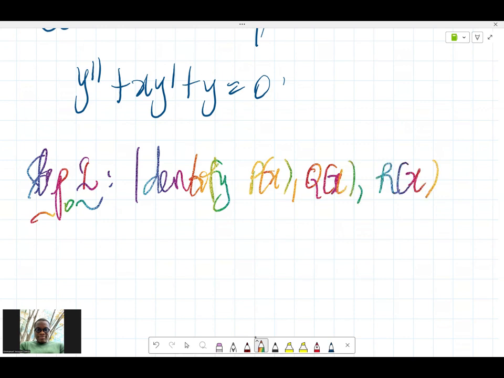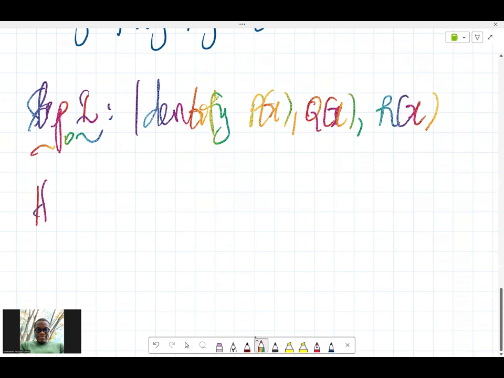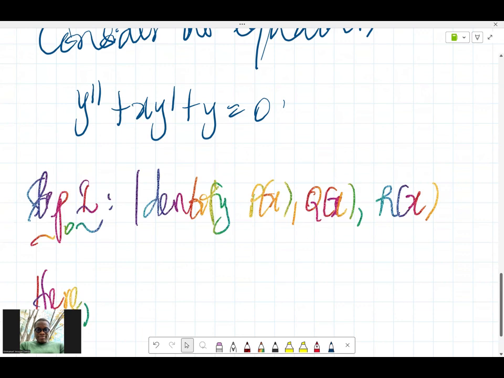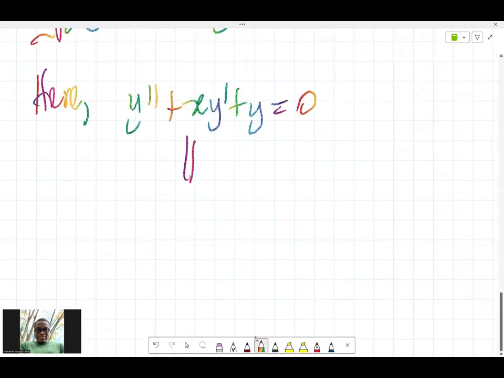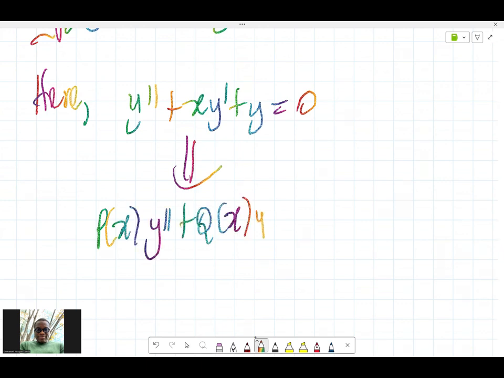If you compare y prime prime plus x y prime plus y equals 0 with the standard form p of x y prime prime plus q of x y prime plus r of x y equals 0,